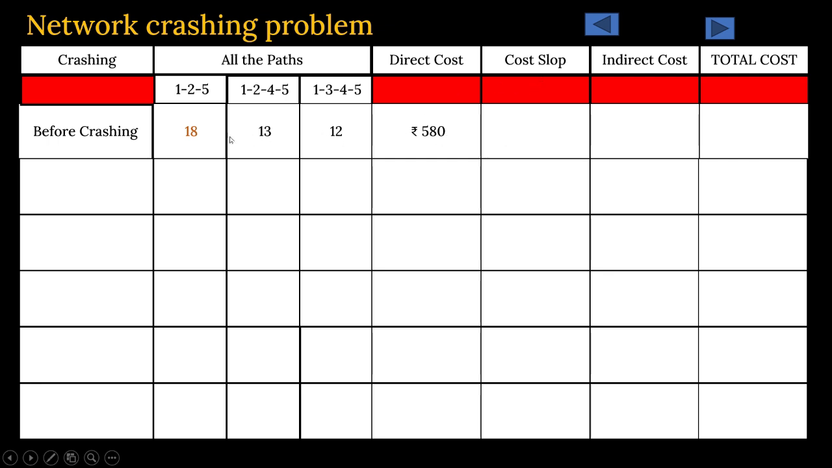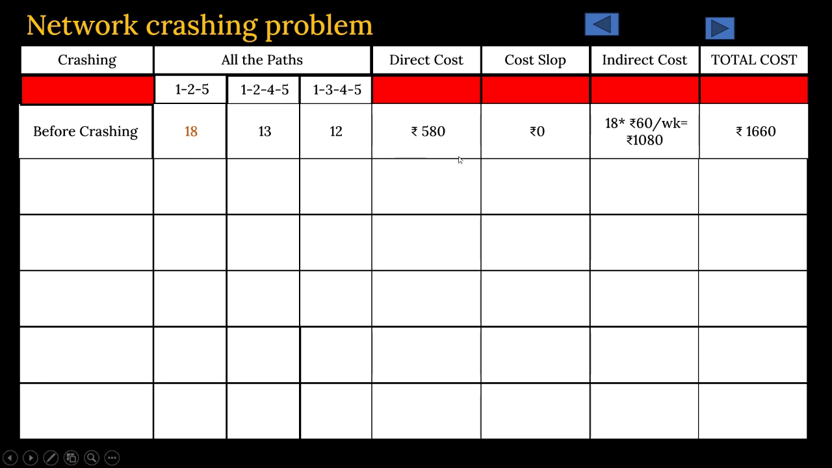Because no crashing happened, the cost slope is 0, no crashing cost involved in normal cases. Indirect cost is what? Your overheads per day, indirect cost per day multiplied by duration of the project. Your duration of the project is 18 days. It was given in your problem that 60 rupees per week is the overhead cost or the indirect cost, and you have to calculate these 3. If you add these three, whatever comes will be your total cost at present in a normal situation. Okay,